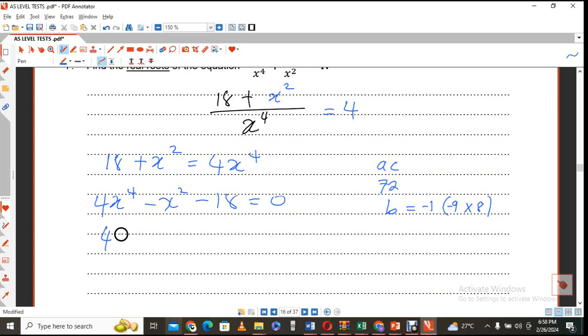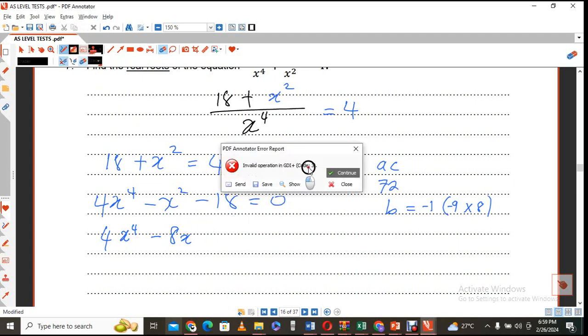Of course, I can leave it like this, 4x raised to the power 4. Then I have minus 8x to the power 2. Sorry. So what we do is,